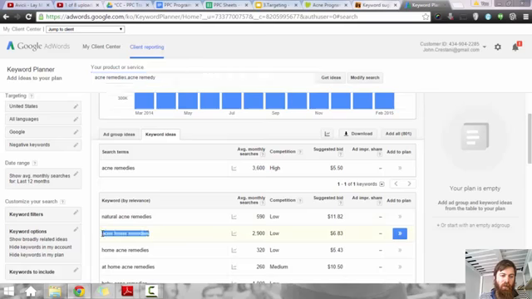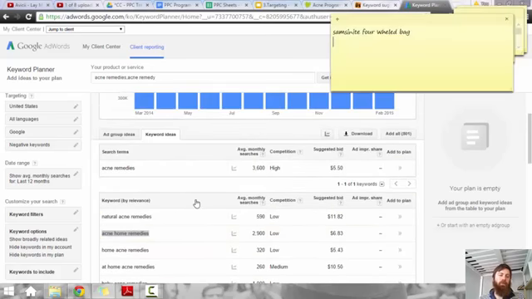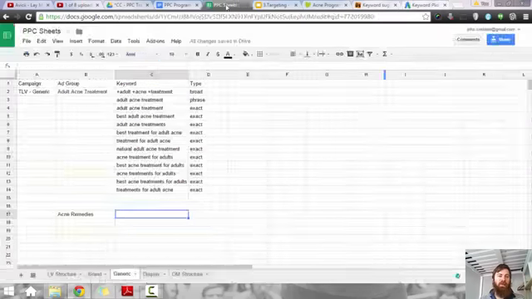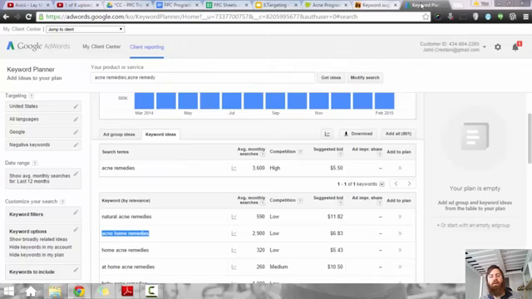So there are a lot of ways we can branch out from here. Home remedies, acne home remedies, homemade acne remedies. What I'm going to do, because I like to start more specific rather than less specific, is alter my approach a little bit here. And since I'm seeing acne home remedies have so much search volume,